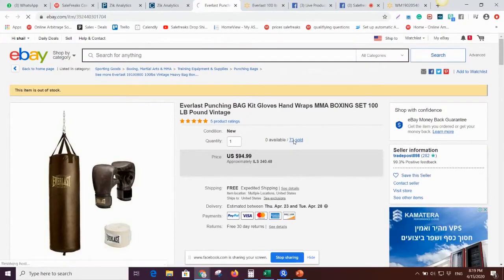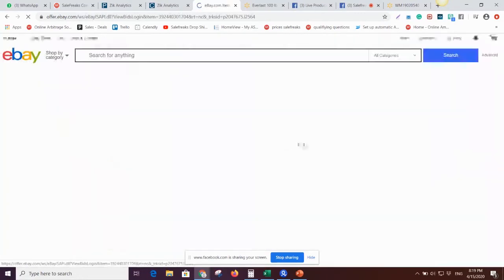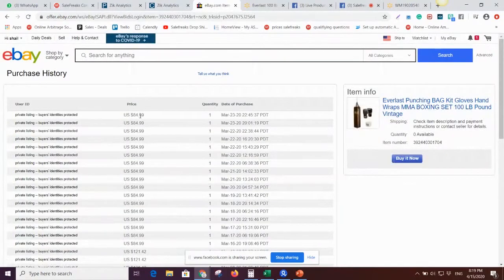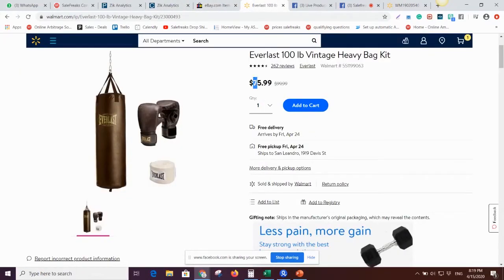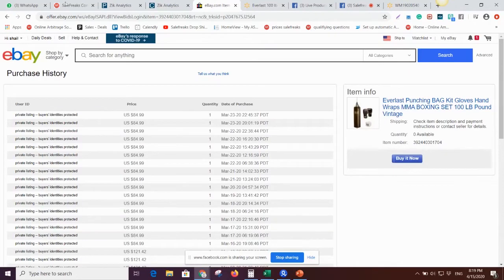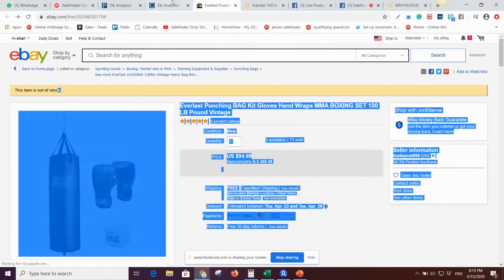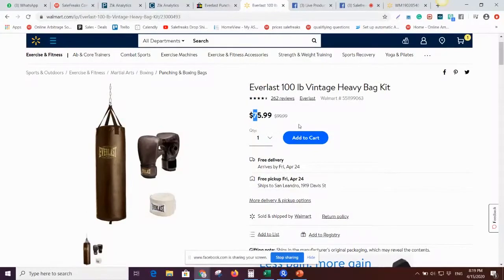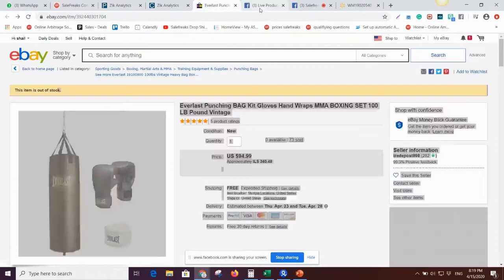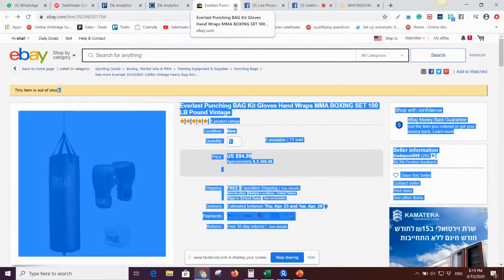And if you're not sure, you can look at the selling history because this item is sold 73 times already, and you can see it's constantly selling for $85. Okay, so yeah. So at 85, where your item is 75, 76, you can make a profit, but a very small one. So for sure, you have to raise the price. Okay, so we raised it to 95 and haven't made a sale yet because they put it out of stock. Okay, for some reason, because I see the item is in stock. Never mind. That's it, guys. Really that simple. Let's do another